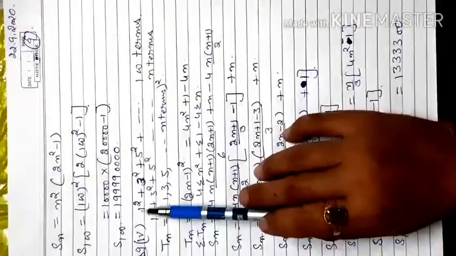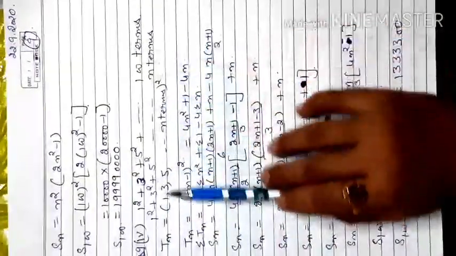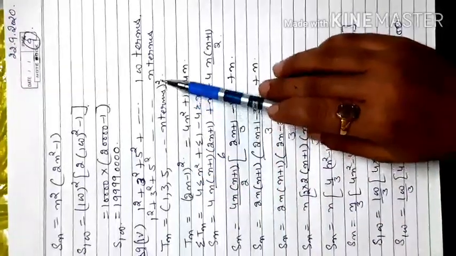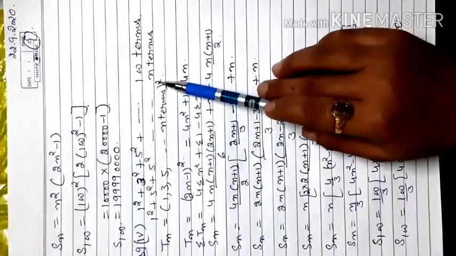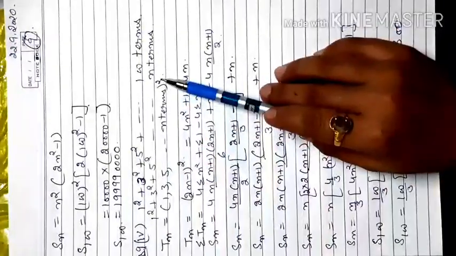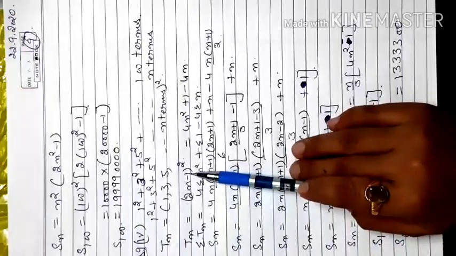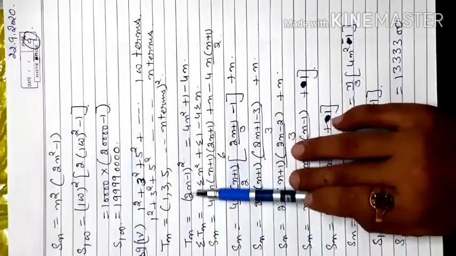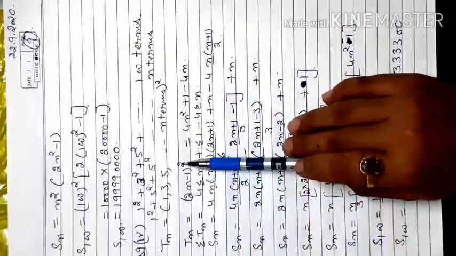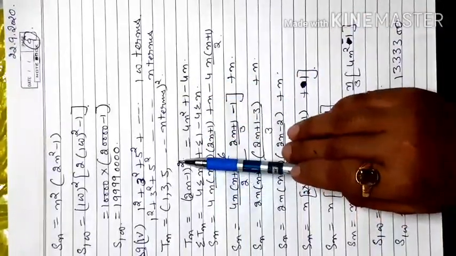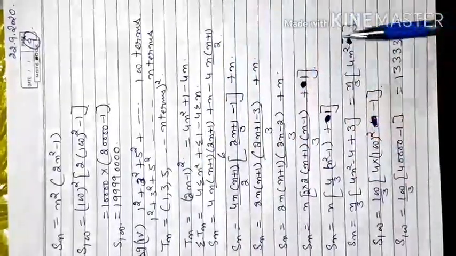Similarly, if you have a square or a cube, you write in this form, like 1, 3, 5 up to n terms. If it is a square, you have to write the common square. If it is a cube, you have to write the common cube. So the formula will be the same, 2n minus 1, but depending upon square and cube, this formula will be applied. If it is a cube, you apply the a minus b whole cube formula. If it is 2n minus 1 whole square, you apply the a minus b whole square formula.